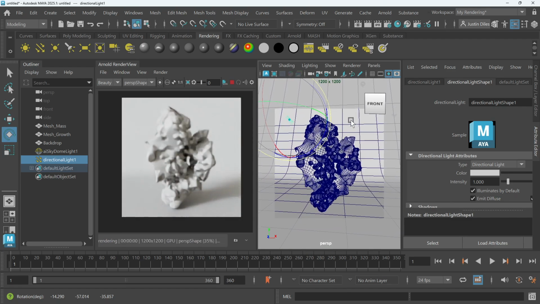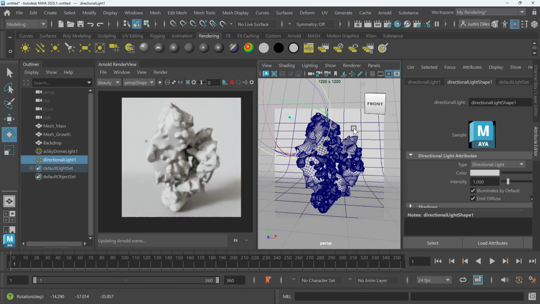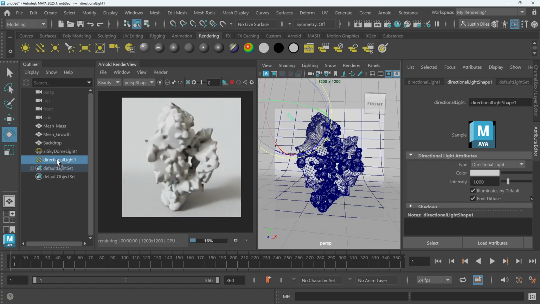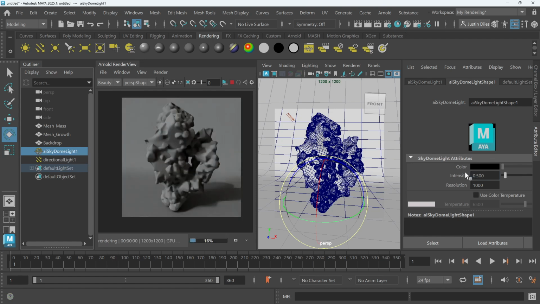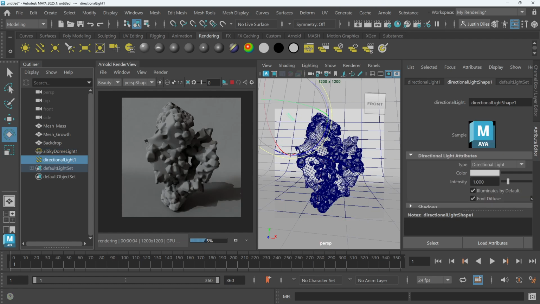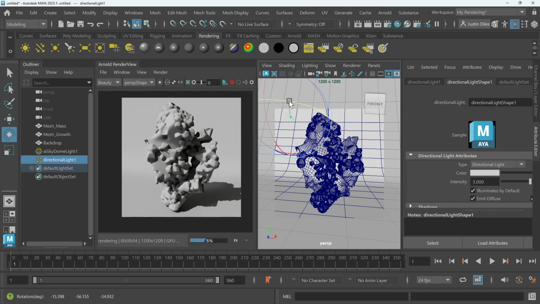It's hard to see the effects of this because of the intensity of the HDRI light. So what we might do is switch what's doing the primary lighting in the scene. For the sky dome light, I'm going to take the intensity down to maybe 0.5, so it's really low. You can see that we're now getting more shadows here. Let me take the directional light and take its intensity up to something like 5. And now you can see that it's providing much more light. We're getting this nice shadow here,